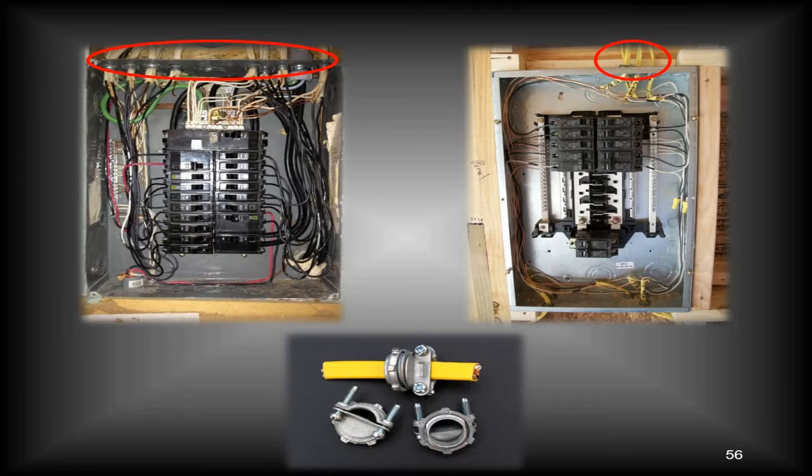Okay, oftentimes you'll see this in residential settings. I would say quite often. Take just a moment and let that sink in. Look both up at the top left and the top right, and you'll see two non-metallic cables or Romex going into these panels, and they're doubled up under the connectors. So why is that